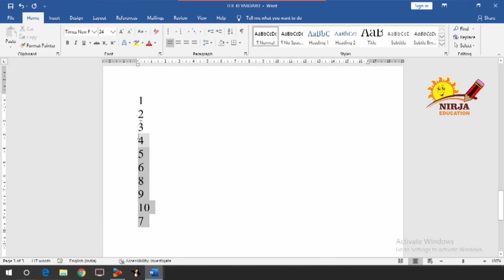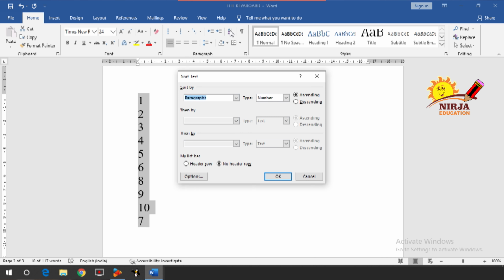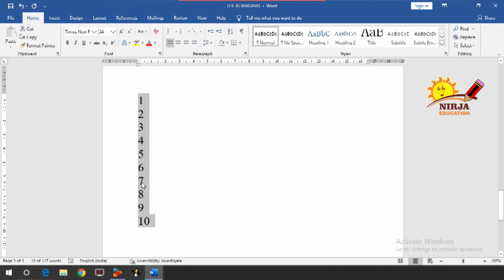Select the entire thing and then go to A to Z, click on that. Then sort by number, the type is number, and in paragraphs only, this is ascending order or descending order. I am going to select the ascending order over here and then click OK. As you can see, the 7 which I wrote after 10 came to its original place.